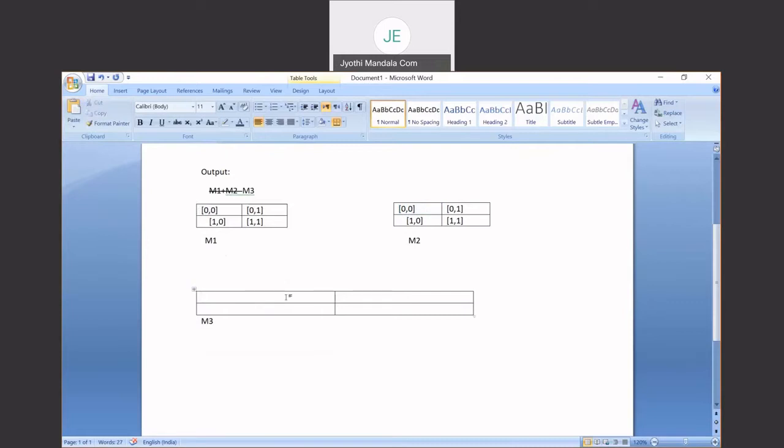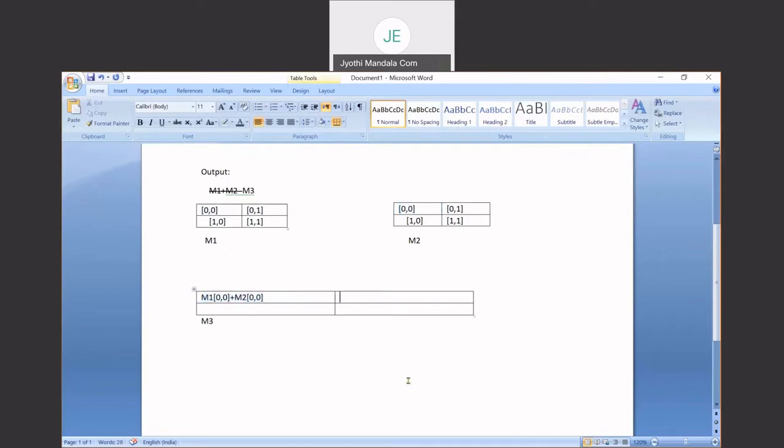This value is called as M1 of 0, 0 plus M2 of 0, 0. Are you understanding? This value and this value need to be added. So we'll be getting this value.